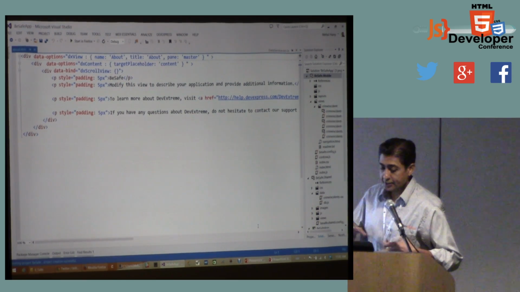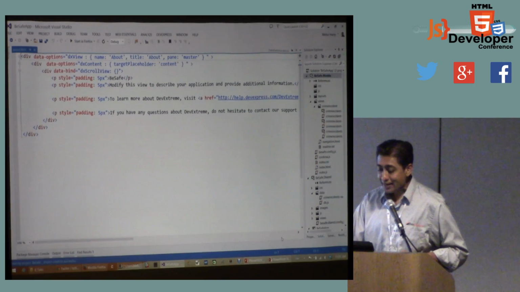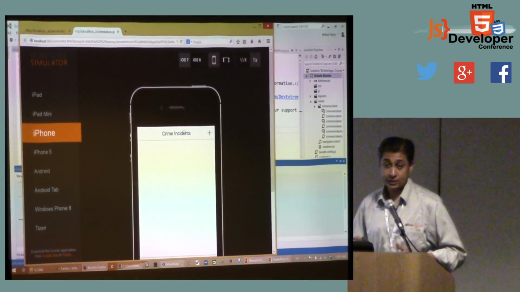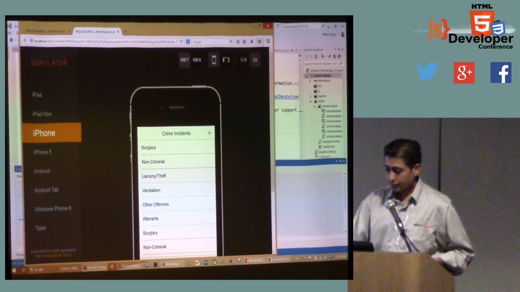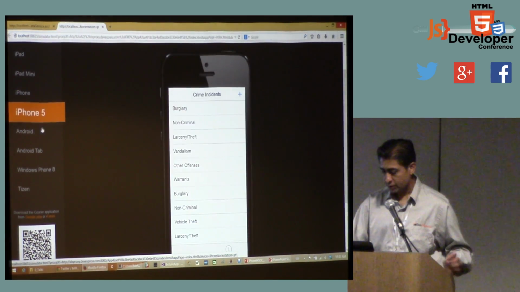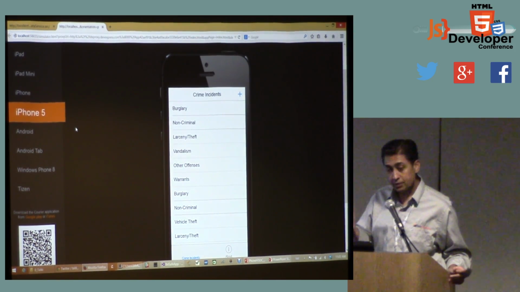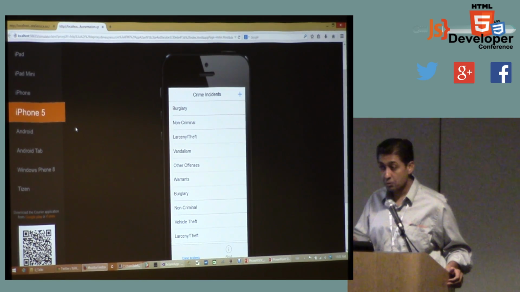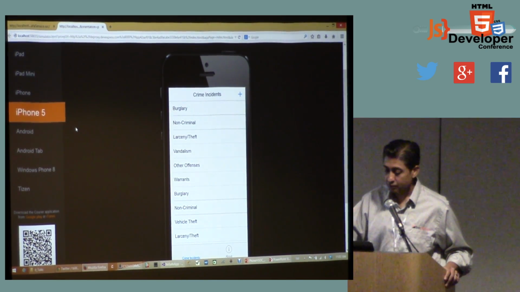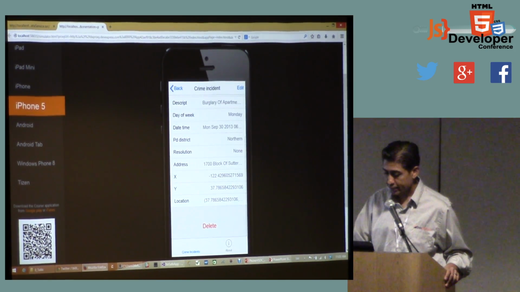Now, this isn't just a, hey, listen, I've got an app, good, I'm ready to deploy. But it is very much that we wanted to show how easy it is to get started, right? Now, here's my data. Here it is for a different device. So on iPhone 5, it's going to look native. Now, right away, it chose from the table one of the key items. Now, it's smart enough to not choose the ID because that would just be boring. So instead, we got a list of the type of crime incidents. So let's take a look at burglary, and it gives us the information.